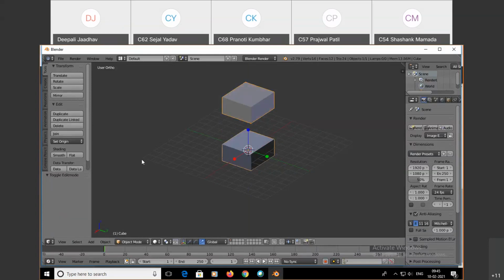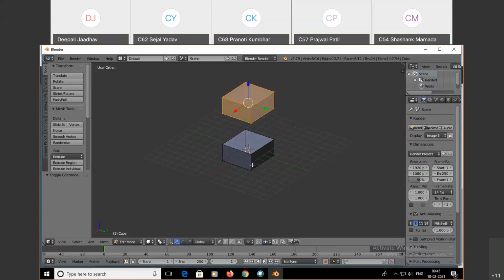Suppose I press E and Y. First I need to select any one of the objects. It's in edit mode. E and Y.